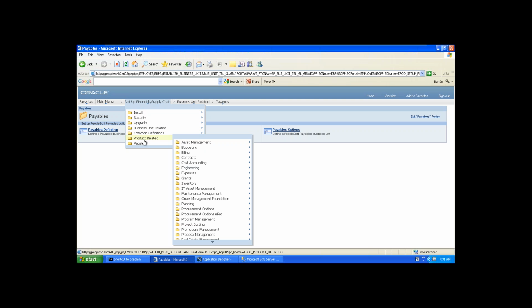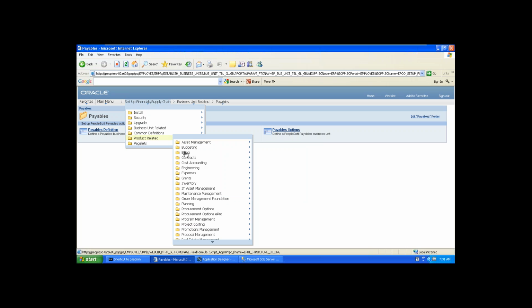And product related. Product means what? Module, right? So you can say product is nothing but one module. In the product related navigation, if you come to product related, again we have all the modules over here, right? Asset management, budgeting, billing, contracts.